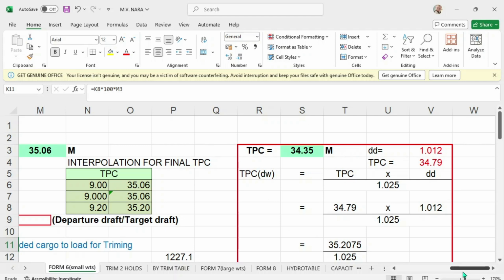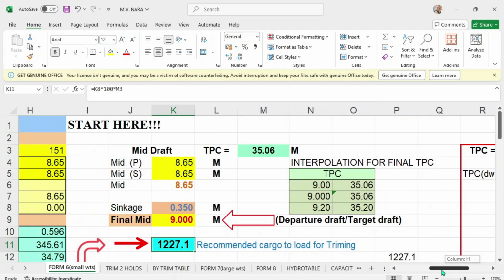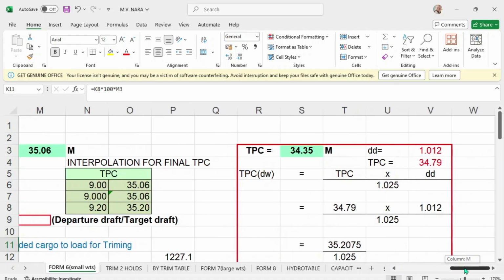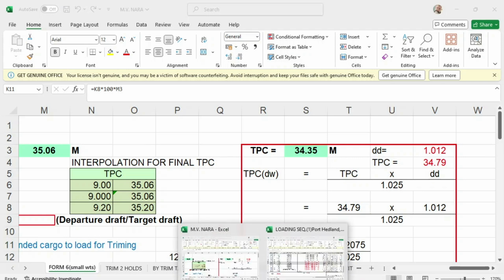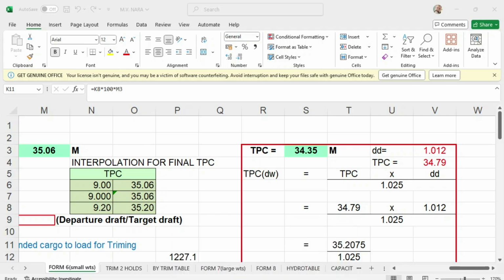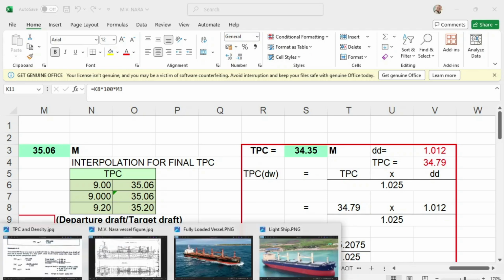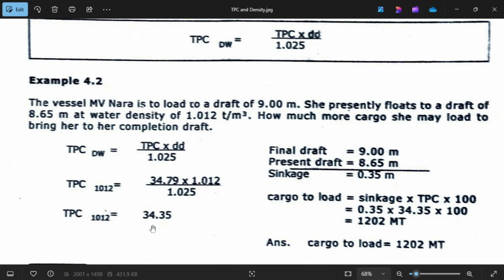By computation, by using the program, if you want to use this TPC, I'll show you. So this is now the computed TPC for the local density of 1.012, which is 34.35.